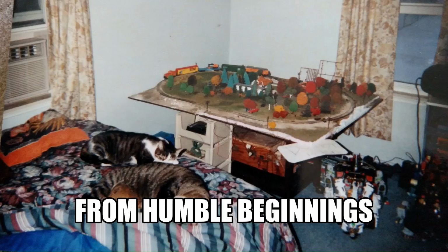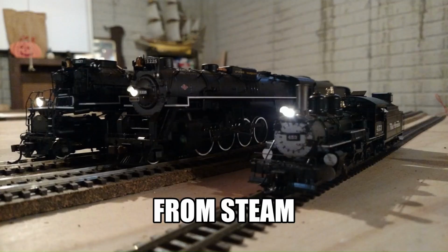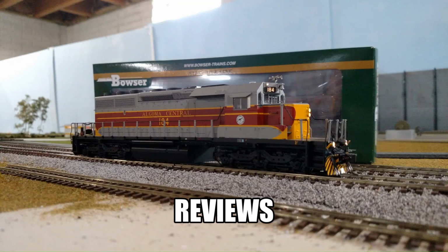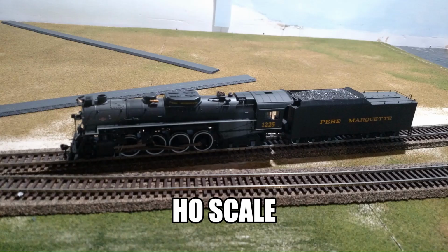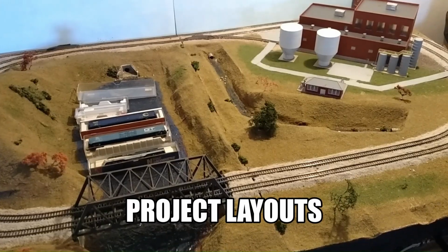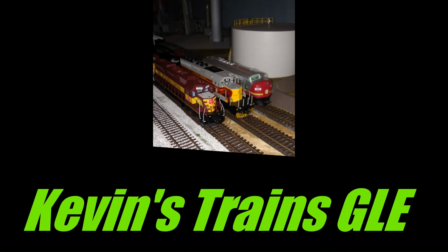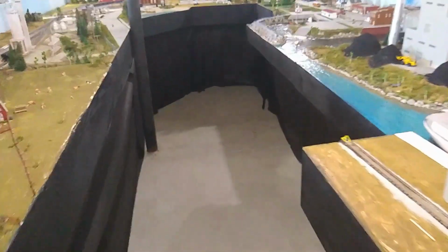It's that time again. We're going to walk around the layout and do another update. So let's see what I've been doing over the past month. Here we go. Alright, so the first thing I'm going to show you,